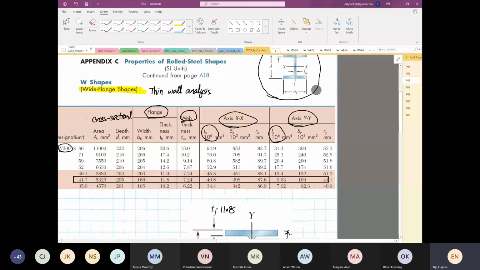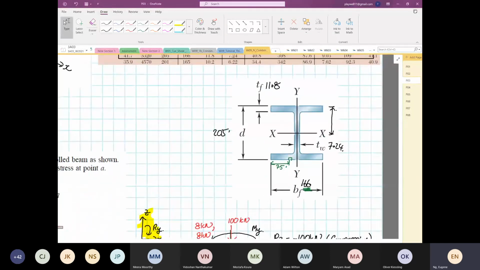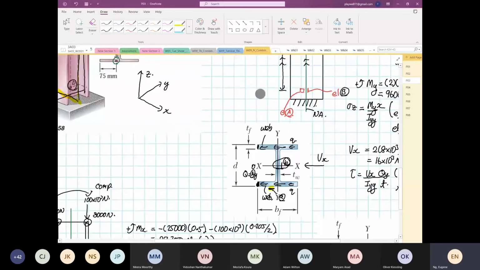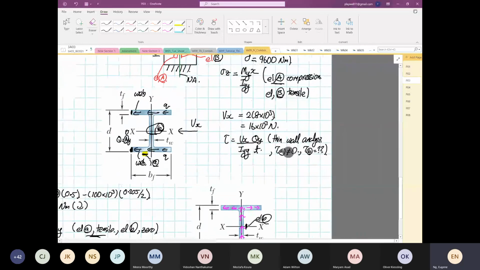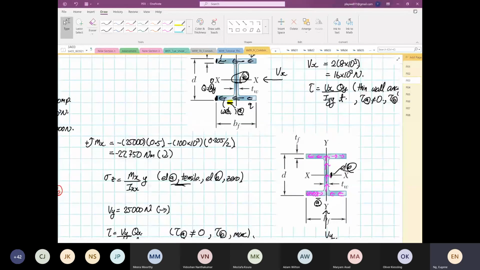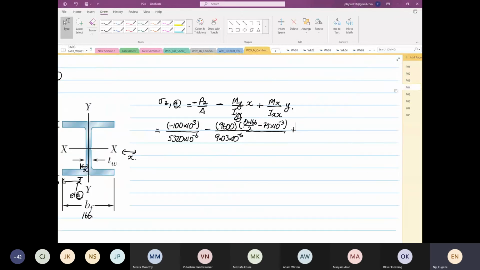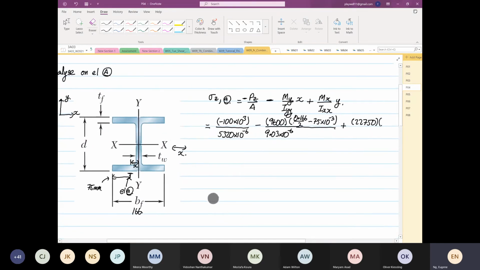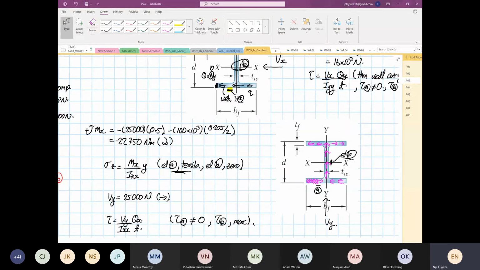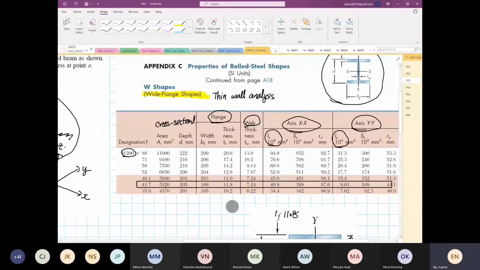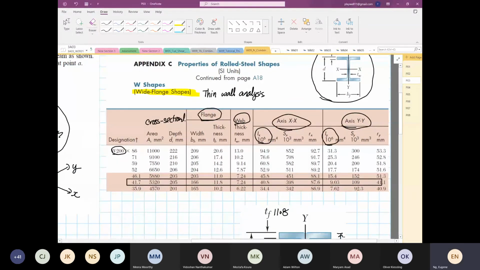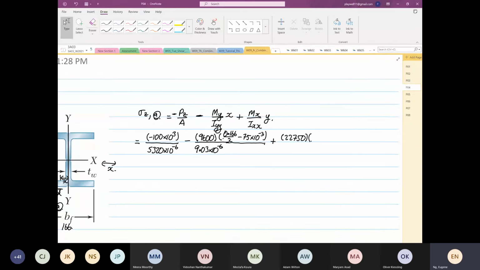So Mx is, let me see what our Mx value is. Mx is 22750. So you know that this is 22750, and the y distance is equal to d. So d is equal to, let me look for my d. D is equal to 205. Okay, so 0.205